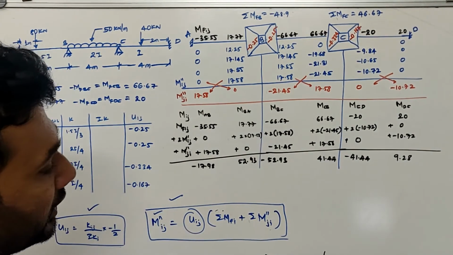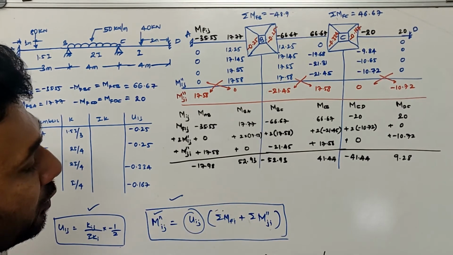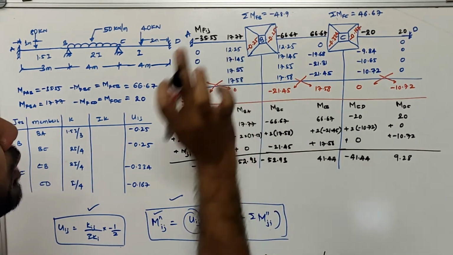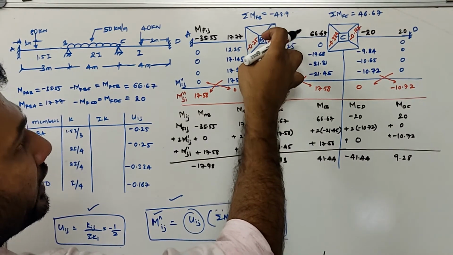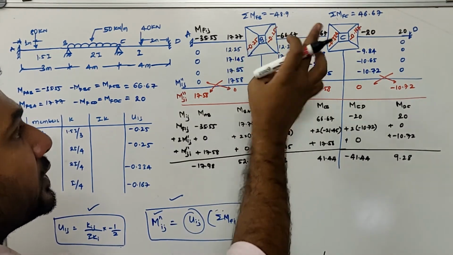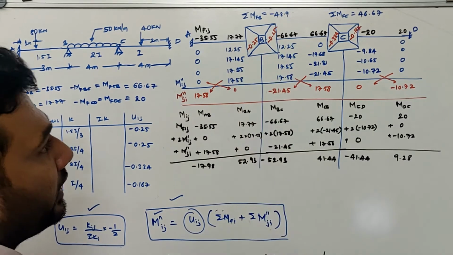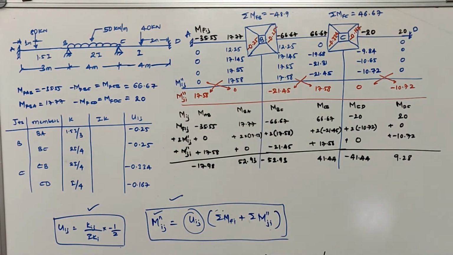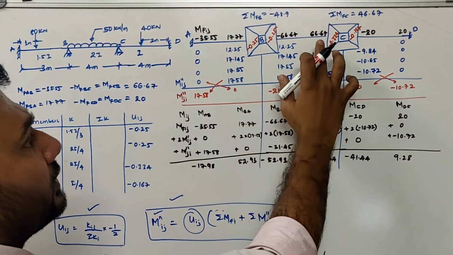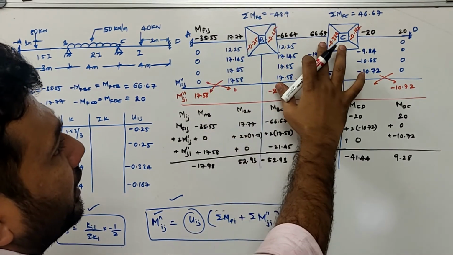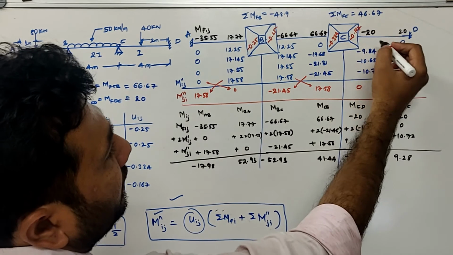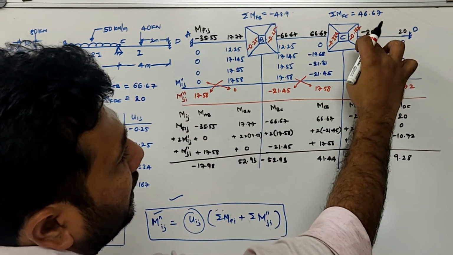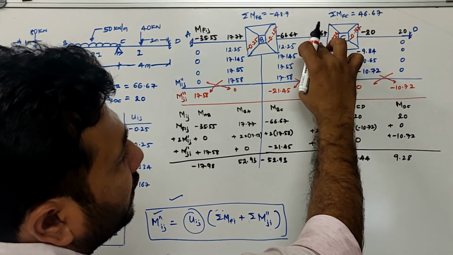Okay, so minus 0.25 multiplied by minus 48.9 will give you 12.25. The other side has the same rotation factor, so this is also 12.25, which is equally divided. Now once this step completes, we write 0 here, and we write this zero, and we can start solving over here.